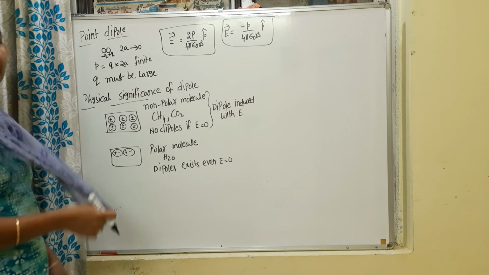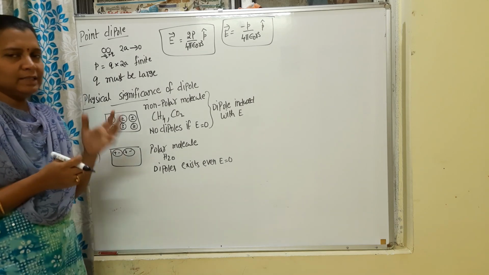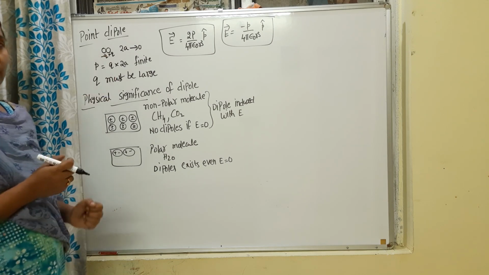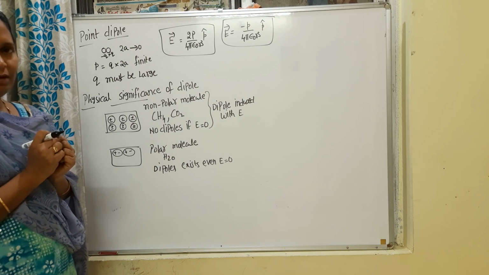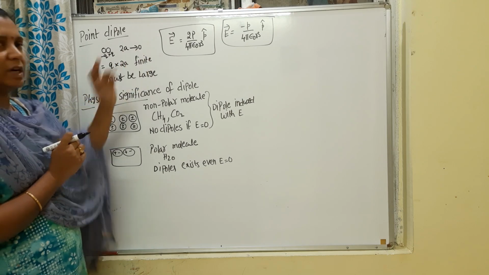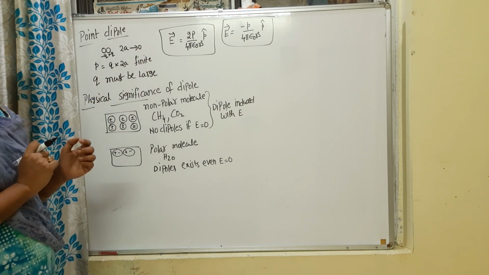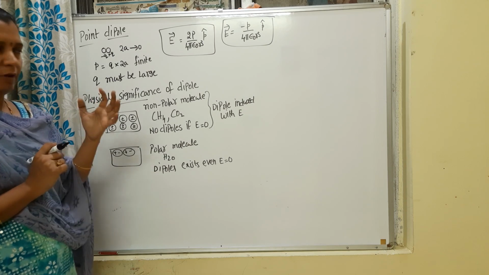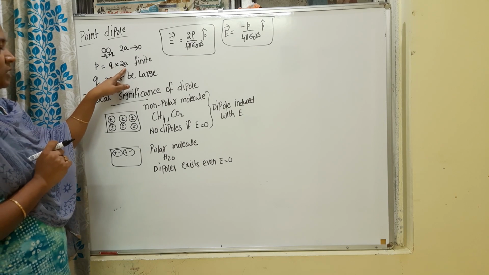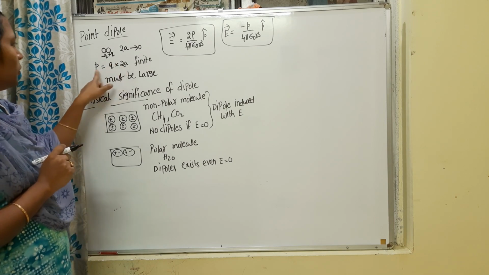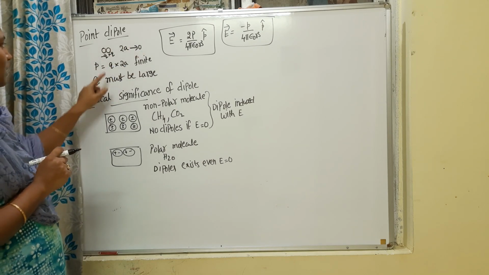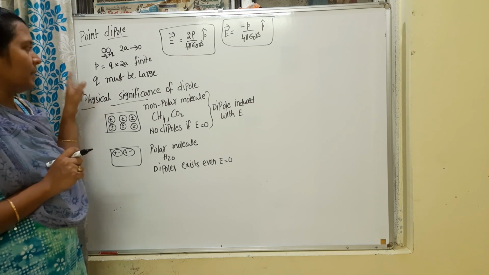So what is meant by a point dipole? Let us consider this pair of charges minus q and plus q. They are very close to each other, meaning the distance between them, 2a, is tending towards 0. So in order to get a dipole of finite dipole moment, what is the definition of the dipole moment? One of the charges into the distance of separation between the charges. To see that this quantity is finite, what we have to consider is that the charge q must be